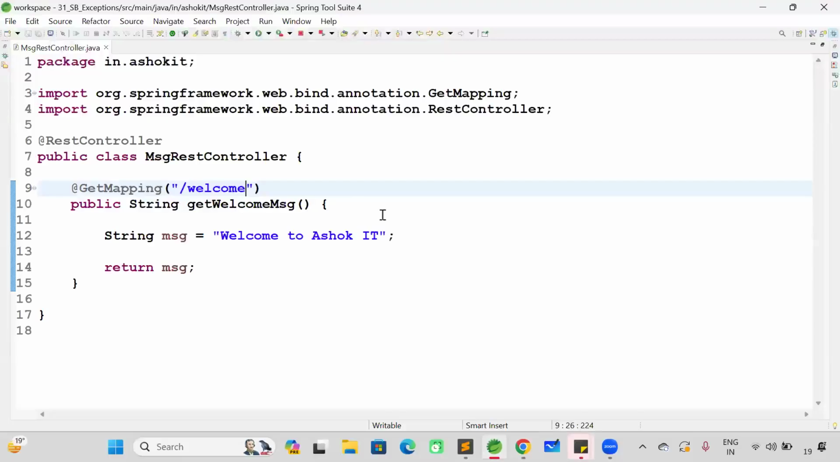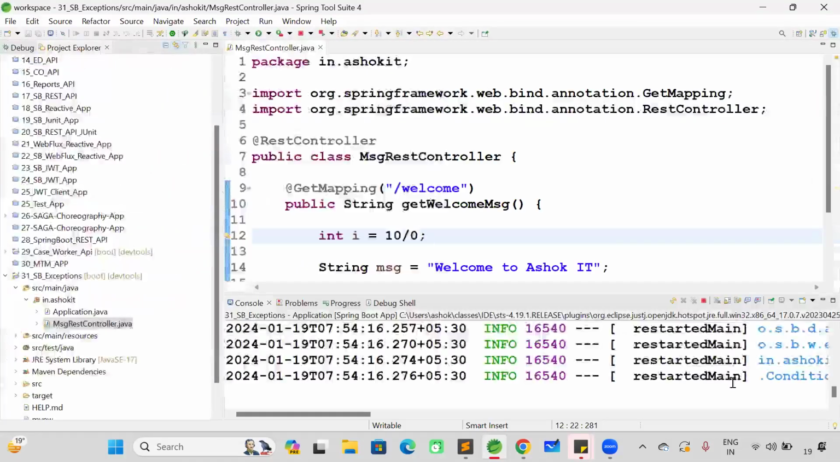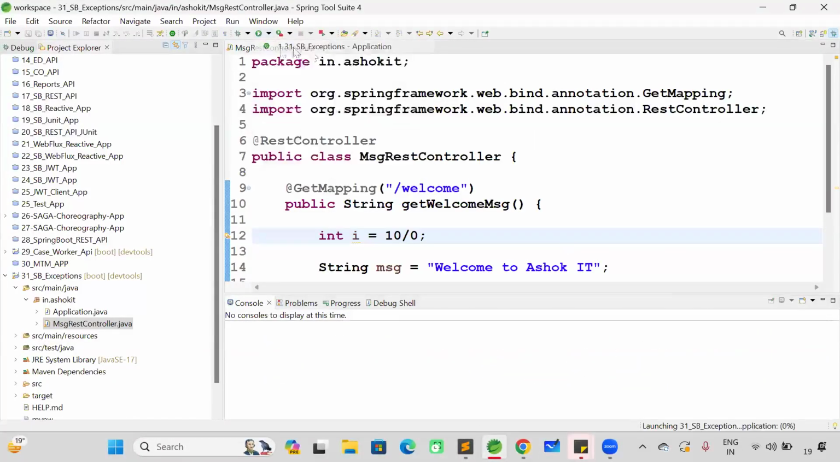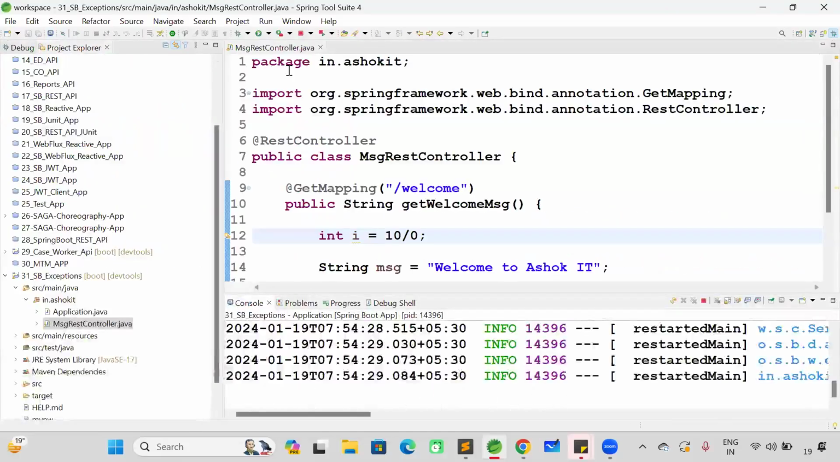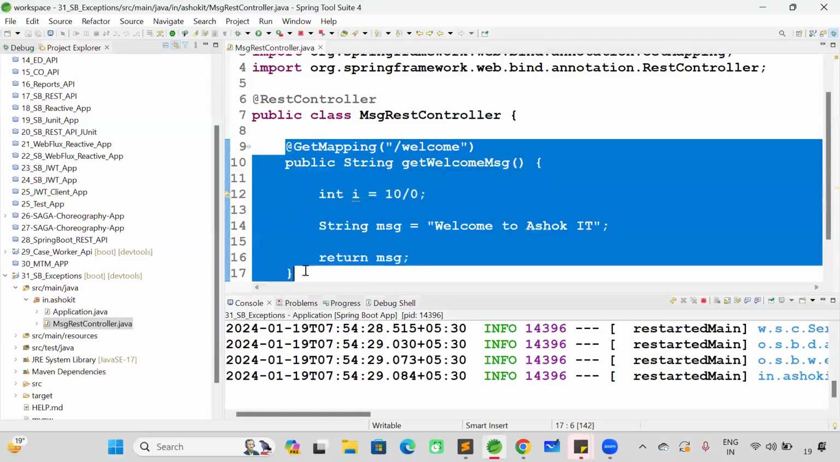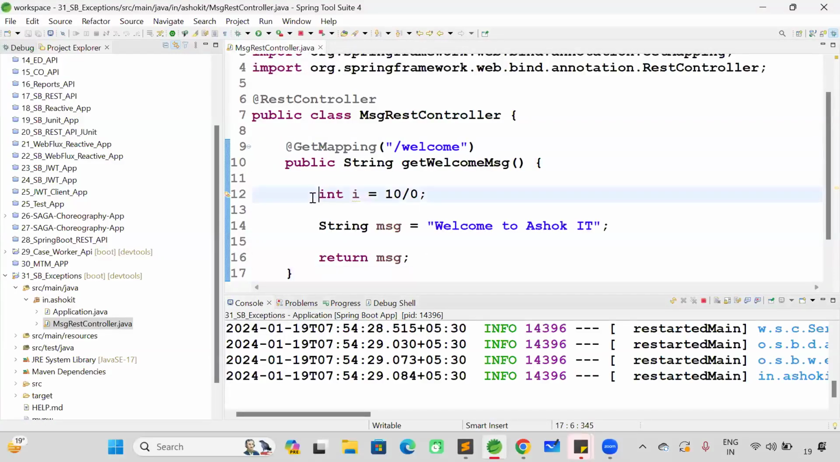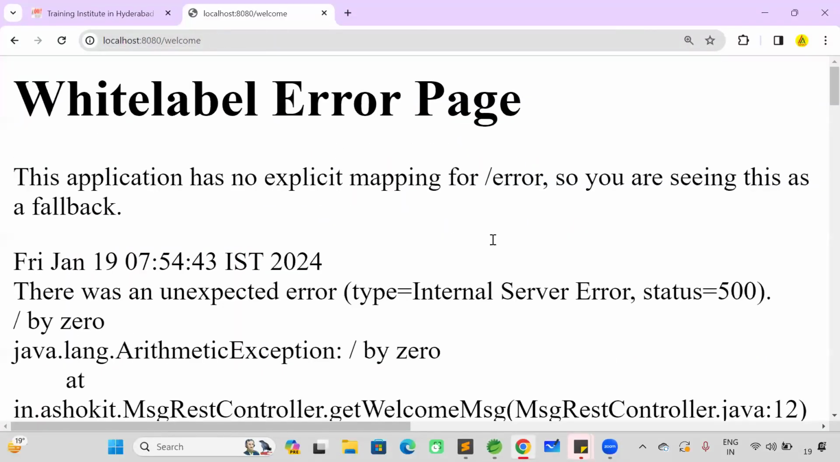Good. So let me create some problem in this method. Integer i is equal to 10/0. So I'm dividing a number by 0. When I divide a number by 0, it will give an ArithmeticException. All right, so let me run this application again and observe the behavior of our REST controller method when an exception occurs in this method. When I send a GET request, this method will be executed. In this method, I'm intentionally creating an arithmetic exception. Go here and send the request. Yes, now if you see,